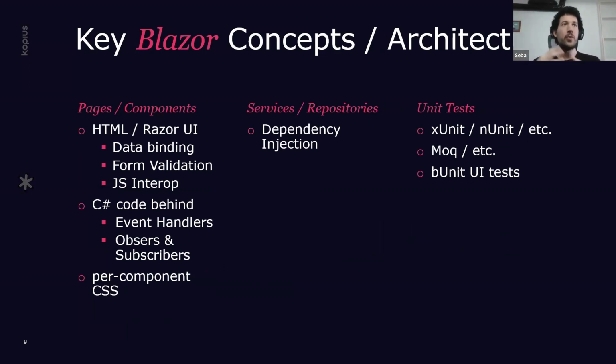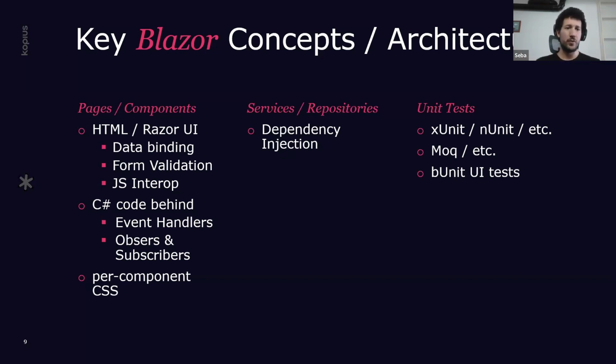So what are some of the key Blazor components and its architecture? We will see this in a demo very briefly, and maybe it's easier to understand that way. But in general, think of any .NET project that's divided into layers, like you have repositories and services and so on. In our UI project or UI layer, we are going to have pages and components, which are both actually just components, but we'll see, which are made with HTML and Razor syntax,